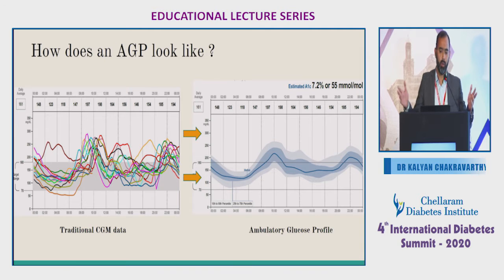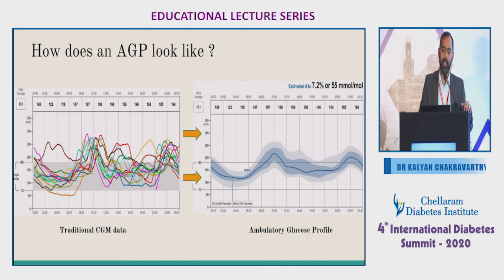How is it different from the previous CGM data? The previous CGM data generally used to give a daily pattern, and there used to be haphazard lines where we cannot make head or tail of it. What the AGP does is it takes off the outlier data. So we don't want the data when the patient has suddenly had a hypoglycemia due to a large meal or a sudden hypoglycemia because of a false insulin dose. So these outlier data are discarded, and we get a nice smooth graph, which will tell us where most of the patient's readings have been in the average 24-hour day, averaged over 14 days.